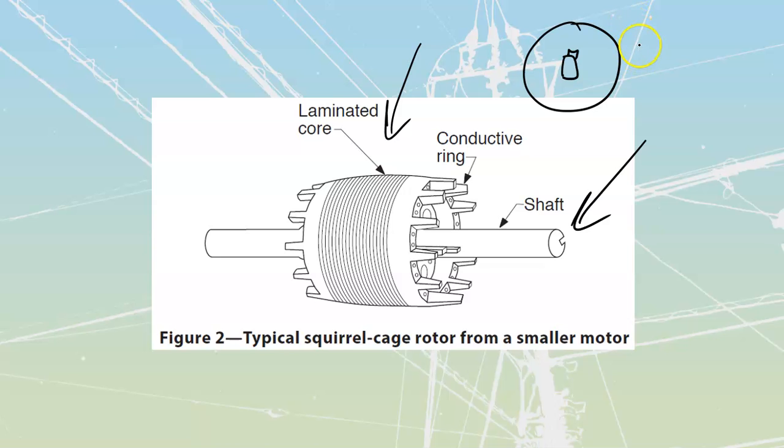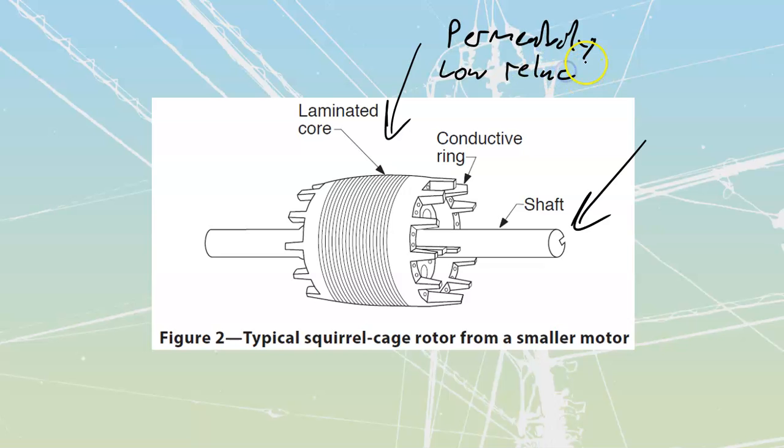We want these to be made out of steel for 2 reasons. A, it's going to be a high permeability. Just write that down there. B, it's going to be low reluctance. Actually, I guess there's 3. Permeability is high. And C, electrical resistance is going to be high. We want this thing to be a high value of resistance, because what we're going to do inside of it